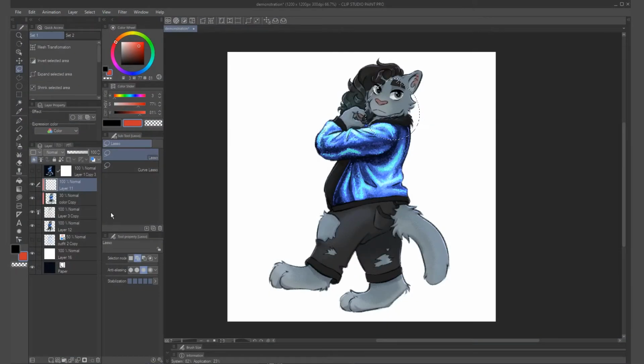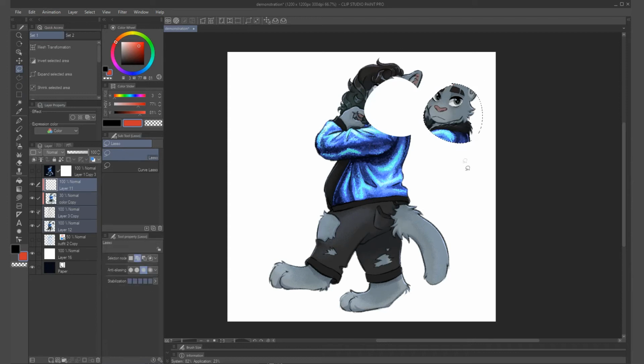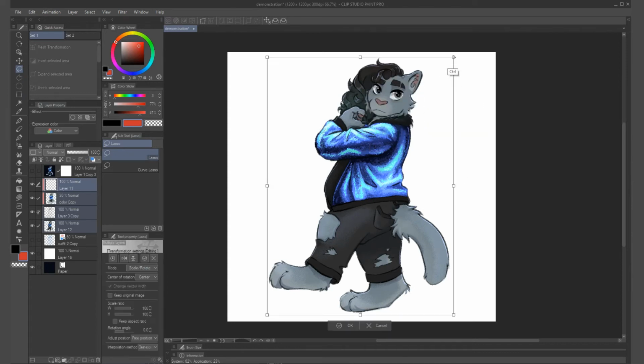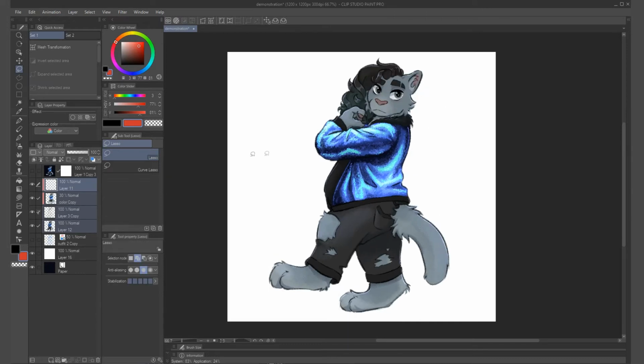If you want to manipulate multiple layers at once, first select your layers. You can hold Shift to select layers in a row, or do Control to select individual layers. Then go up to the tool you wish to use, and it works just like that. This also works for transforming and all of the layer buttons right here.